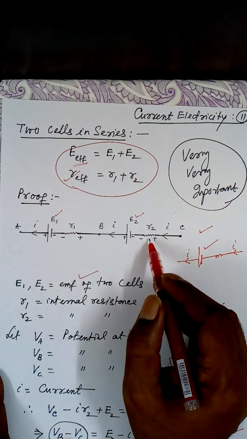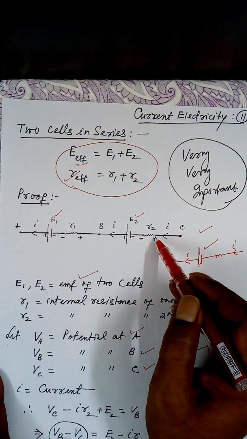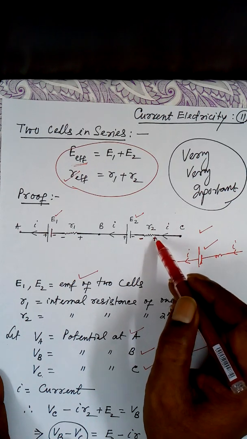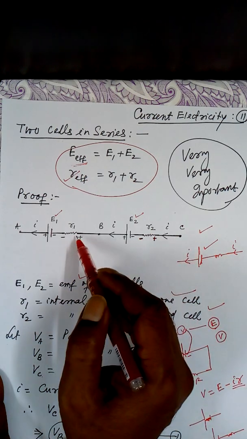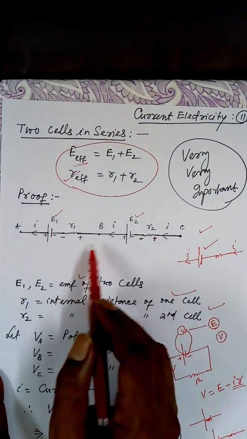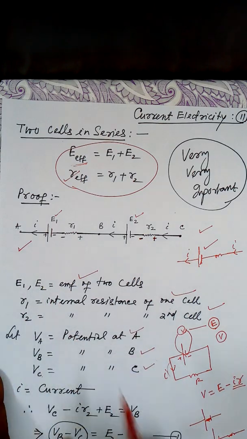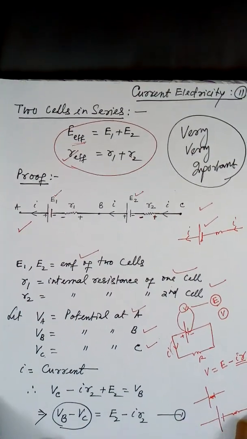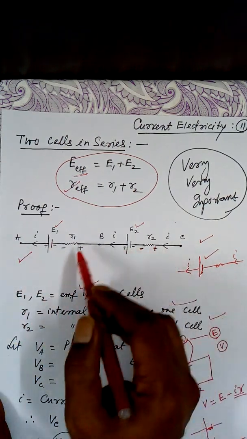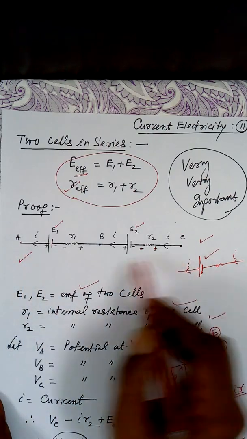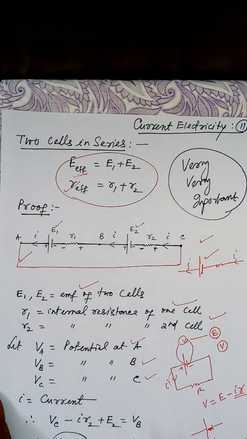Now the rule is, suppose this is the internal resistance. This side I have made positive, this side negative. Why? The side from which current is entering, mark it as positive. The side on which it is leaving, mark it as negative. Similarly here, this is the side of R1 from which current is entering, so mark it positive, this side as negative. So that will be easy for you to analyze, right? Now you will say, sir, the circuit is not complete, then how is the current flowing? Of course, this point and this point are connected by a wire like this, just a wire, and this connecting wire has no resistance.